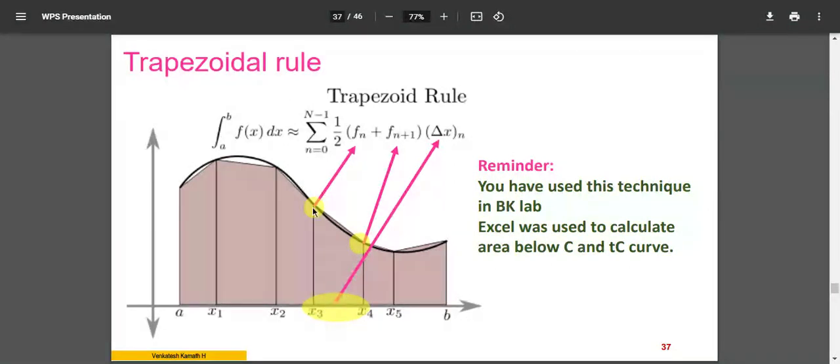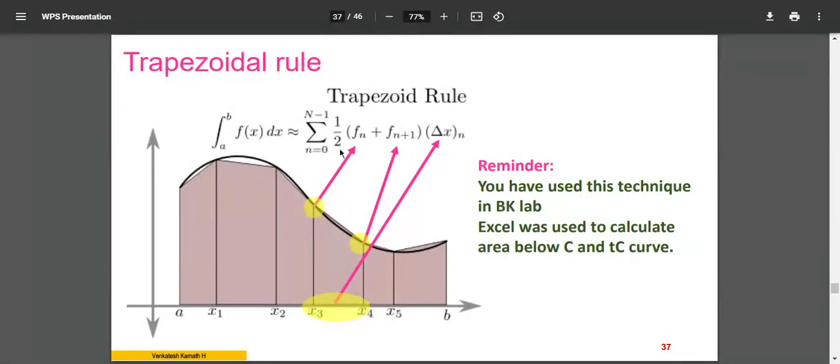What I do is take the average of these values. The y-axis value over here, I'll take it. The y-axis value corresponding to this is nothing but the value of the curvature. To be frank, what is this value? It is the value of this curvature at x3. This is the value of the curvature at x4. So these two values, I'll take the average. When I take the average, I'll hit the midpoint. So the midpoint height is the height of the hypothetical rectangle. Width is delta x, right?